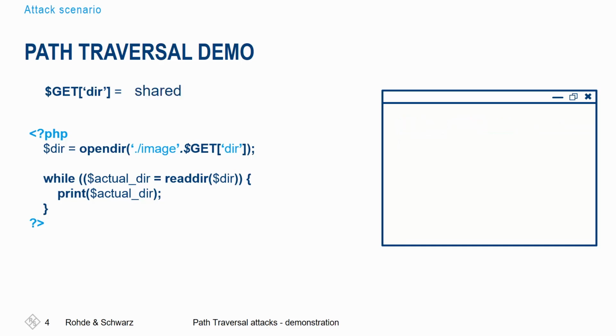Now, how can an attacker abuse this loophole? Let us take the previous code and change the argument of readdir like this. We find $get here. We have already discussed this in the video on OS command injections. With this new code, the value of the parameter in the URL will be used to retrieve the contents of